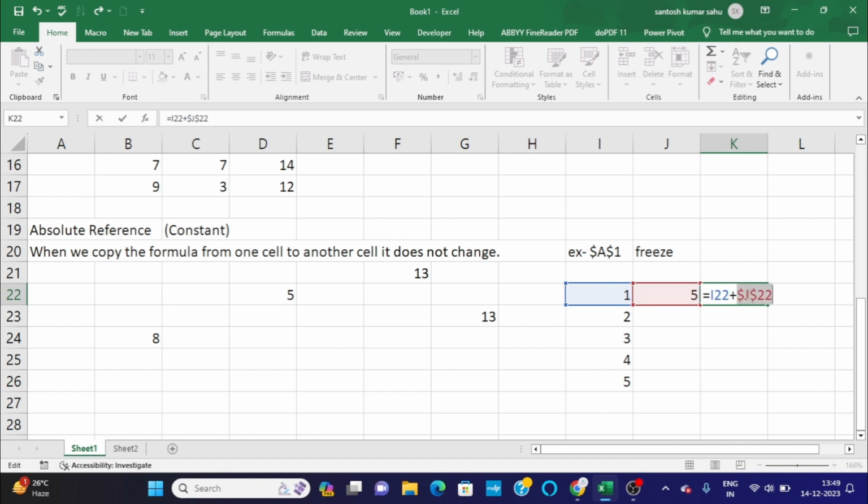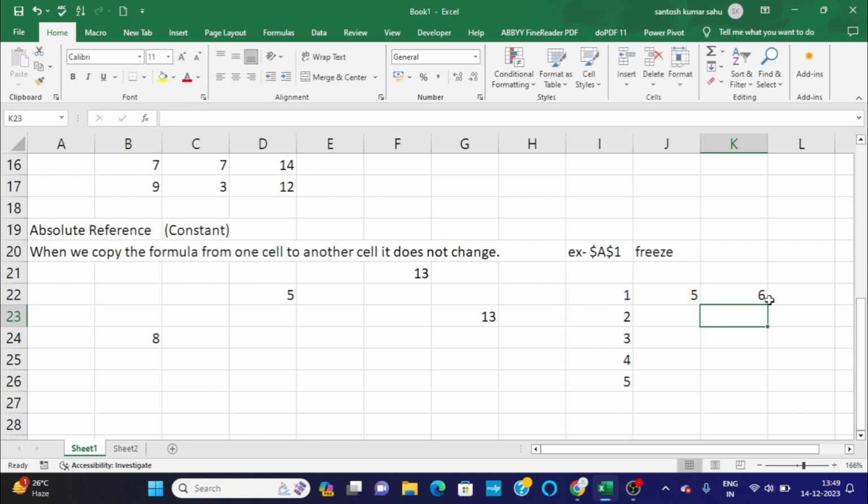Function F4. You can see now it is frozen. As you can see, the selected range is showing the reference I wrote before. It means $J$22. By just clicking enter, you get the output 6, and simply dragging it down,